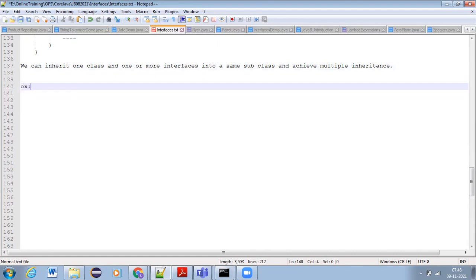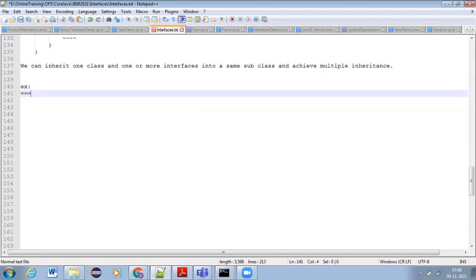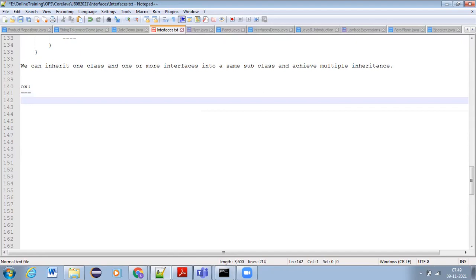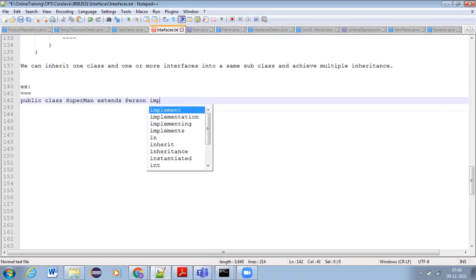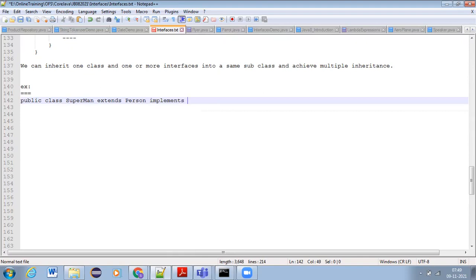So example, how can we write it? The syntax is the same syntax we already know. Let us say public class Superman extends Person implements Flyer, Speaker. Superman is a person, right? Superman can speak and Superman can fly also, right?